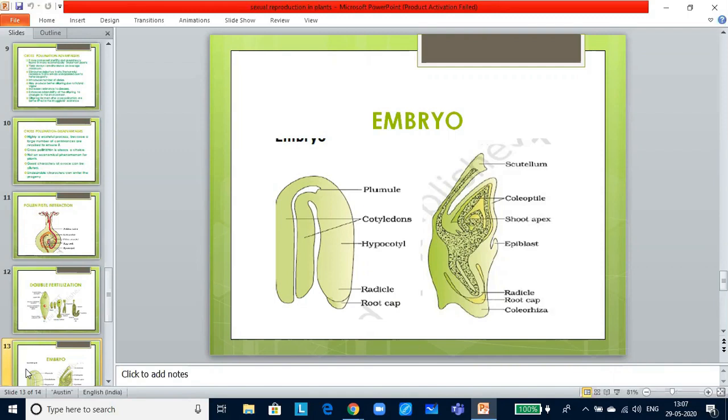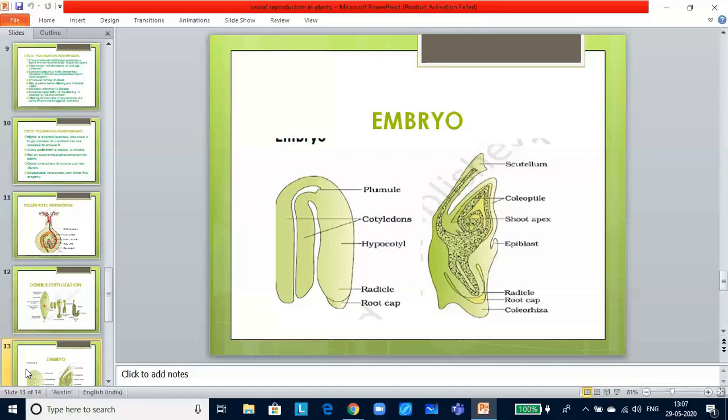Now, the embryo develops at the micropylar end of the embryo sac, where the zygote is situated. Most zygotes divide only after a certain amount of endosperm is formed. This way, it ensures that nutrition is provided to the developing embryo. Though there are great differences in monocot and dicot seeds, the early stages of embryo development are similar in both monocots and dicots. Zygotes will give rise to pro-embryo and subsequently to globular, heart-shaped and mature embryo.